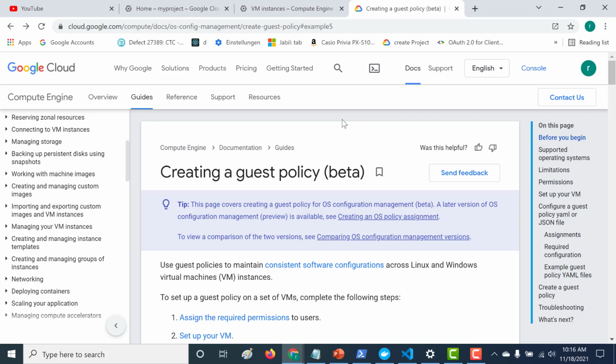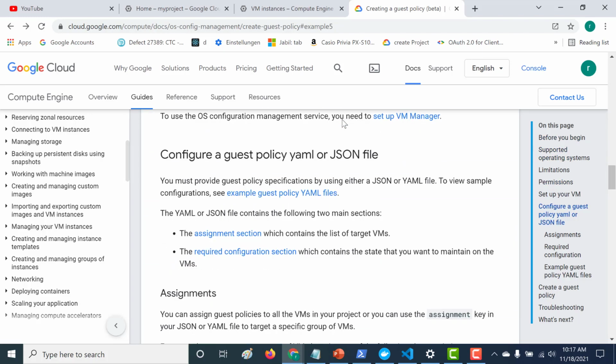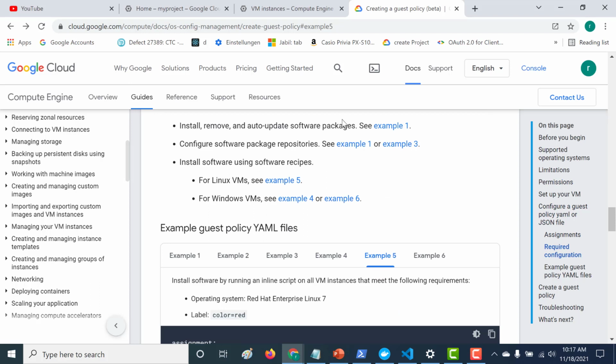Okay, so in our previous chapter, we had installed Node using our guest policy. The link to that particular video I'll give in the description below. So what if you want to add a few more configurations? Let's say you want to start an Apache web server. So not only do you want to install Apache, but you would also want to run it as well as make some other configuration changes. Then what you would need to do is run a recipe. So let's see how we can run a recipe using your guest OS.